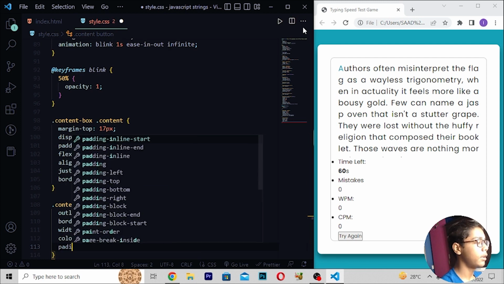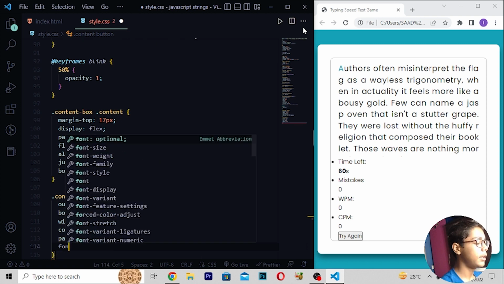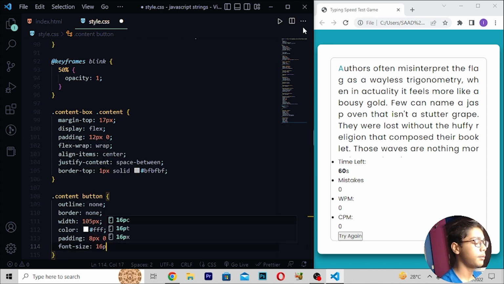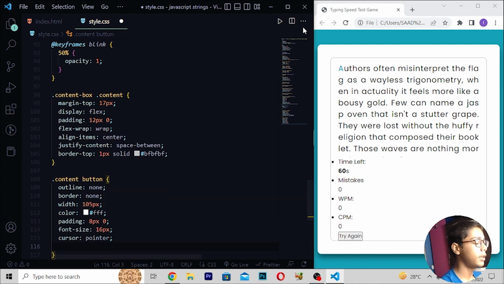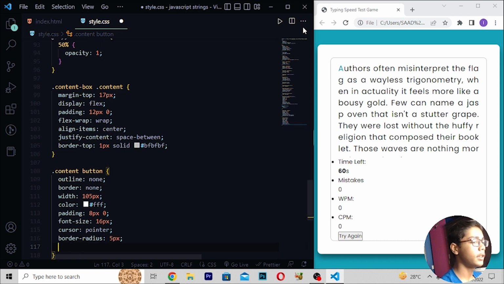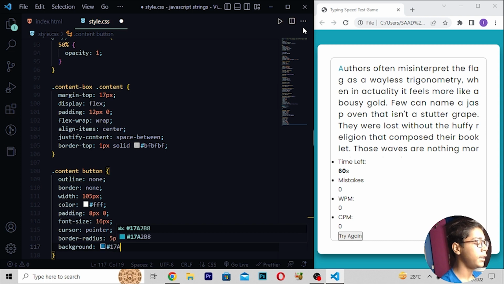Then I will be writing here padding 8 pixel 0. Then here I will be writing font size 16 pixel, right here cursor which should be pointer. Then I will be writing border radius 5 pixels. So when you've written this, I will be writing background which should be 17A2B8.